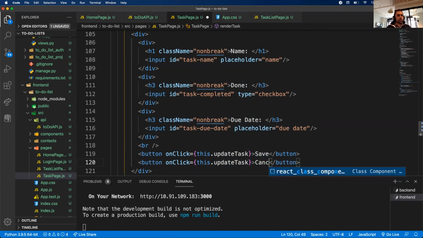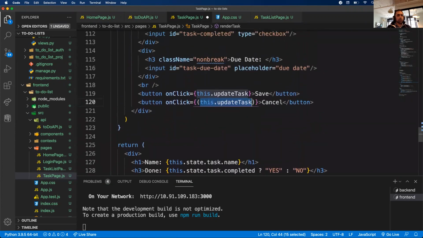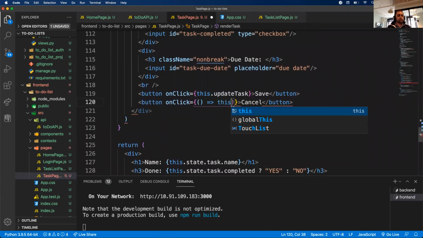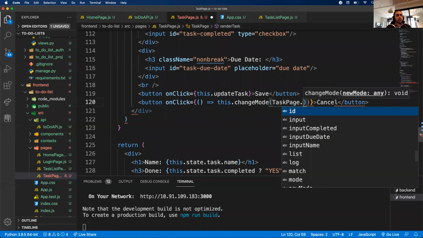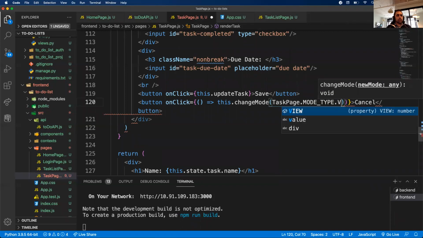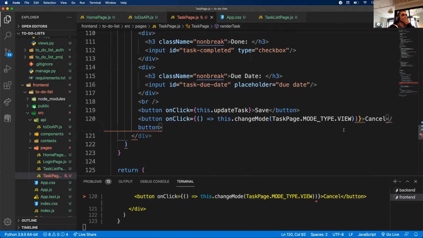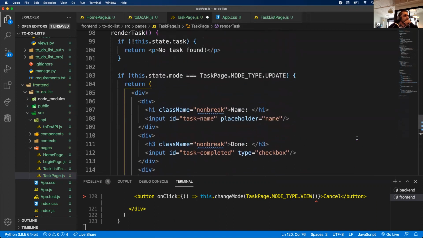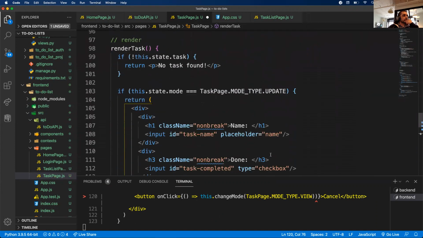I want to create another function, so I'll just do this in another function for it. So task page dot node type dot